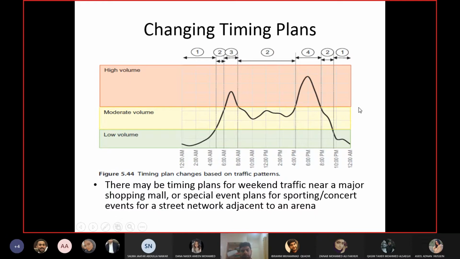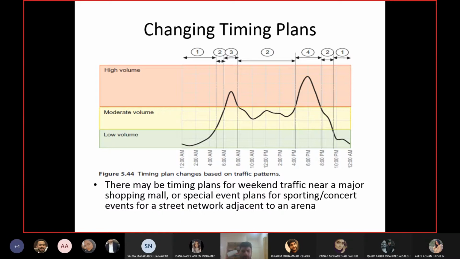If you develop all the plans for different volume conditions, then you know the minimum green time and the maximum green time which should be given, and the minimum cycle time and the maximum cycle time which should be given. Now the only thing remaining is to program it in the control of the signal, and that becomes a fully actuated signal. In a pre-timed signal, you are just giving a set of timings for a specific time of the day. But in actuated signals you are giving the whole range, and the signal will change its timing according to the volume it is receiving at that time.